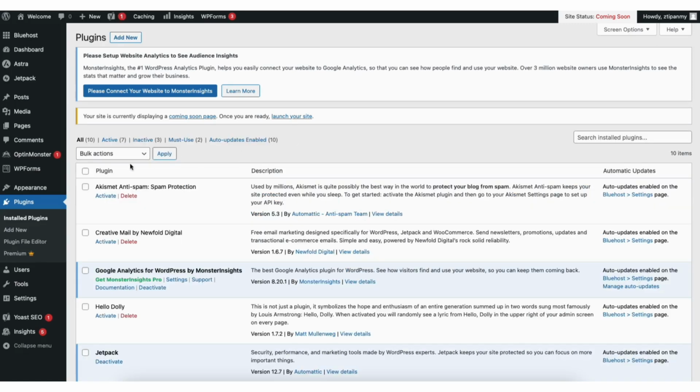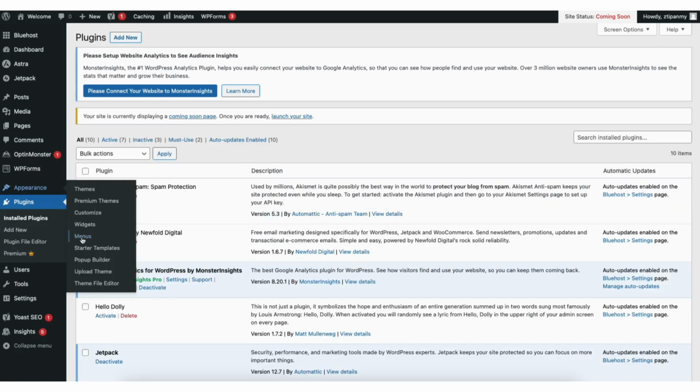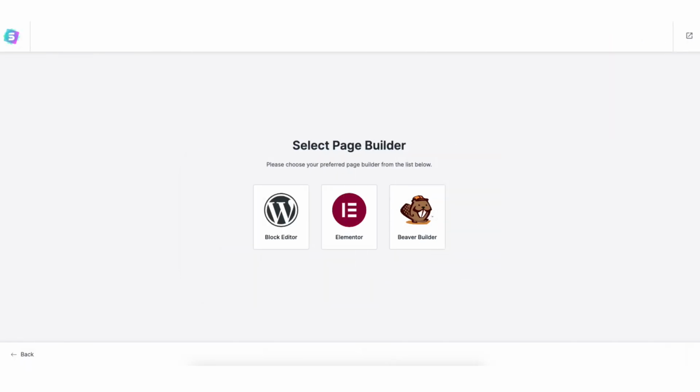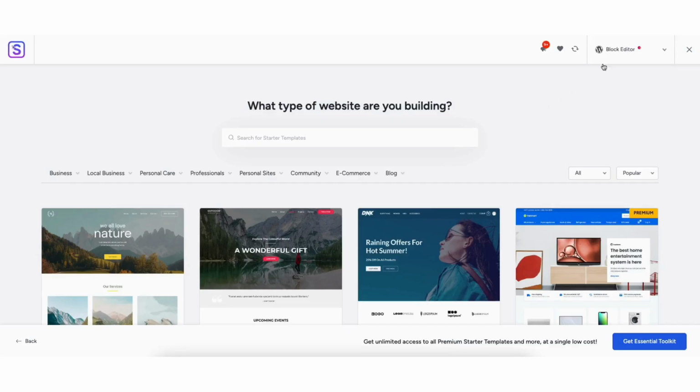Hover over the Appearance tab in the side menu. Click on Starter Templates. You will now see how you would like to build your website. I'll select the classic starter templates. Click the Build with Templates button. Choose Elementor for the page builder. Up in the top right, if you see Block Editor or something other than Elementor showing, click this, and from